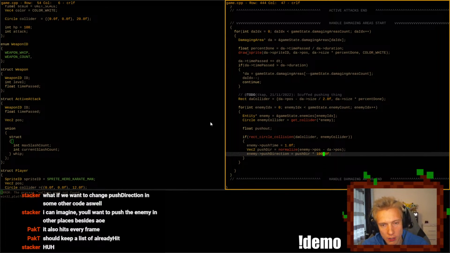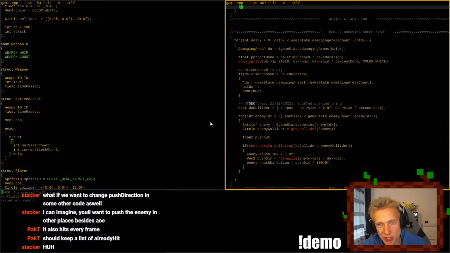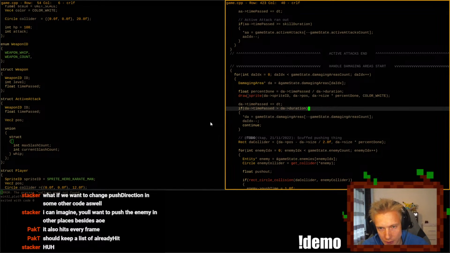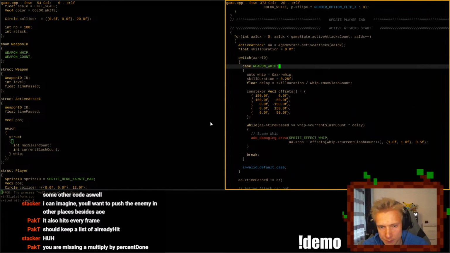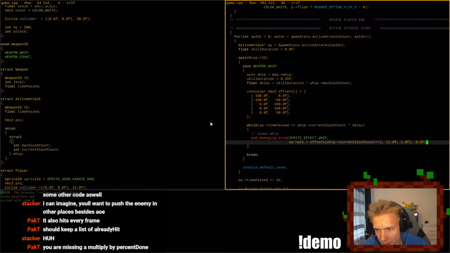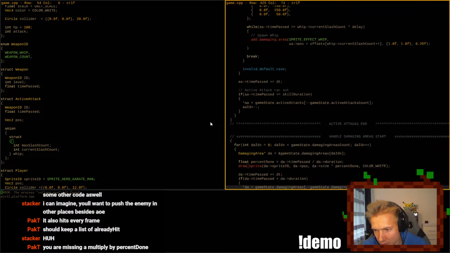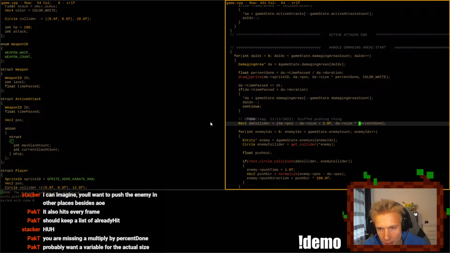Also, the duration is too small for me. Like the animation duration, how fast that goes. I want the DA duration to be much shorter. Whip, damaging area, over 0.25. At least. You're missing a multiplier by percent done. Oh yeah, true. Probably want a variable for the actual size. Probably, yeah.